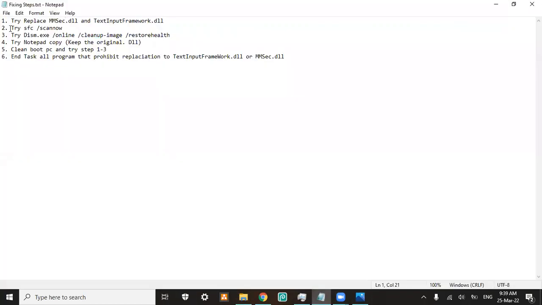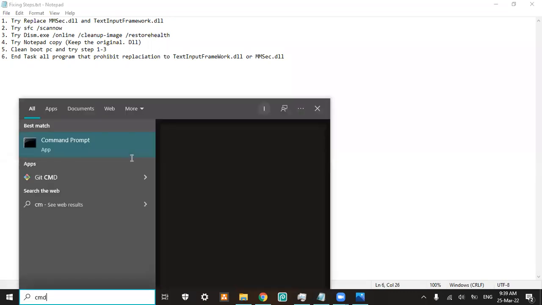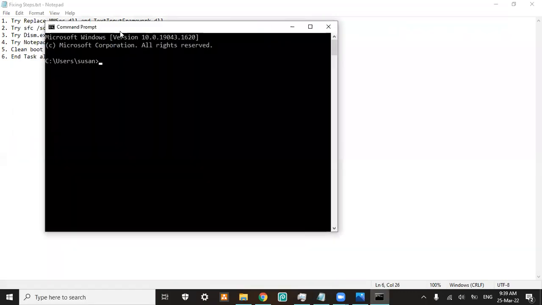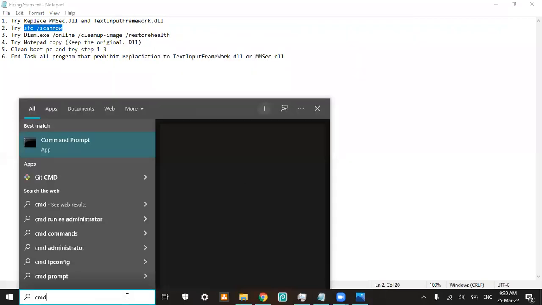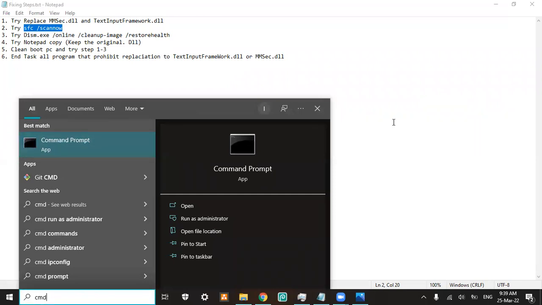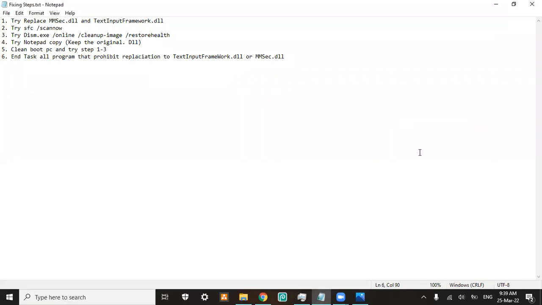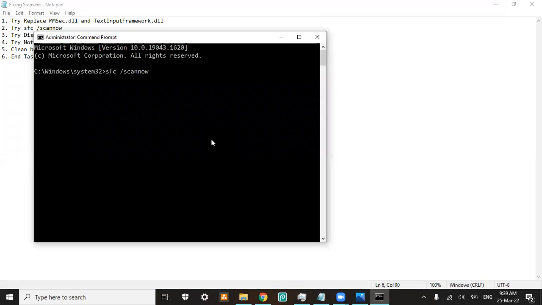So I tried the second step. I opened command prompt and ran this command. But before I open it, we must run it as administrator. And we just paste it and press enter. But the first time, I could not run it.